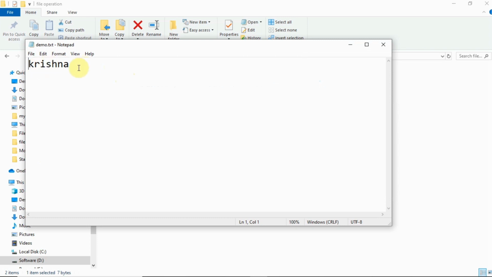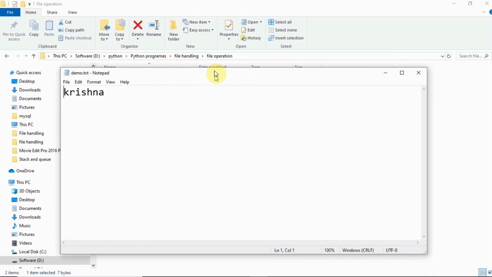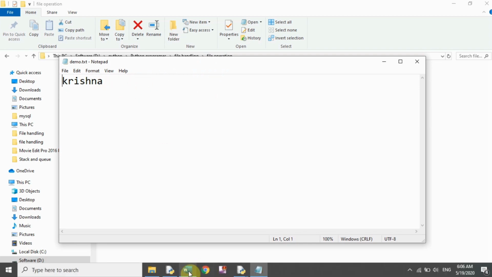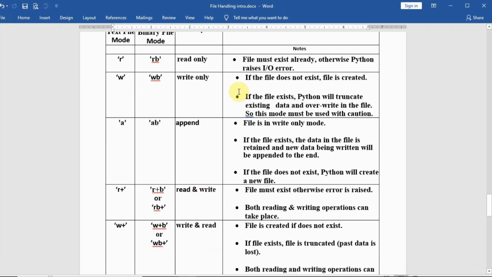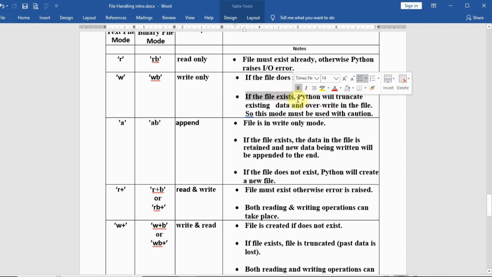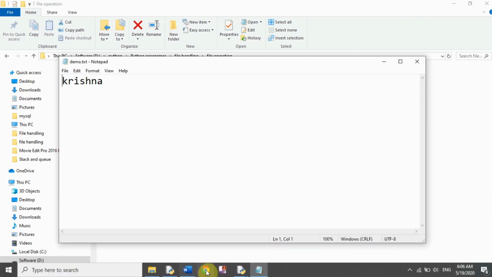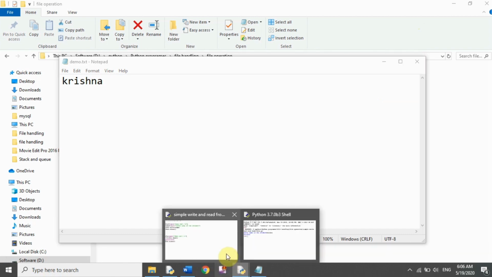Now Naman is removed and Krishna is stored in our file, because we are writing into our file in write mode, and we all know that in write mode all the previous data will be truncated. If the file exists, Python will truncate the existing data and overwrite it in the file. Whatever data is available will be overwritten by this write function.